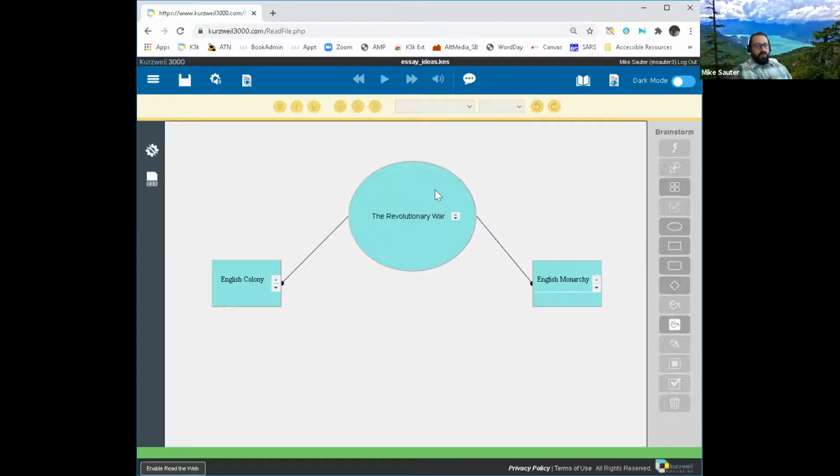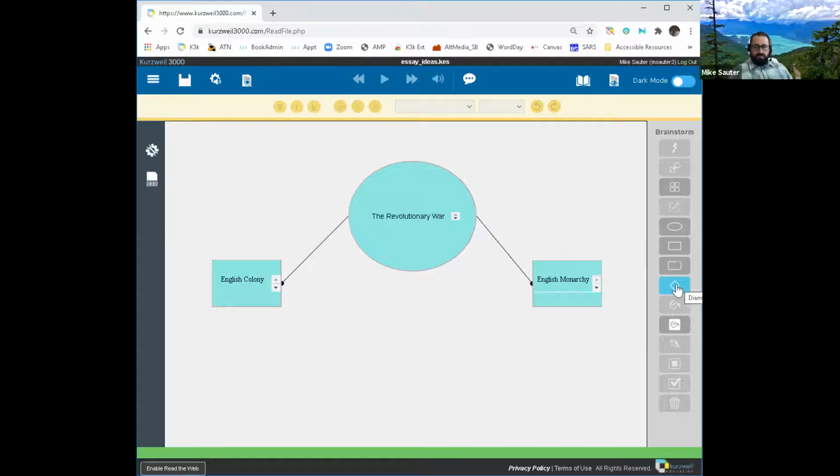And so the way Brainstorm works is we have all of these icons on the right that allow you to draw these shapes. And they give you different styles of shapes, ovals or circles, squares, rounded squares, and triangles. And it doesn't really matter what shape you use for your ideas.